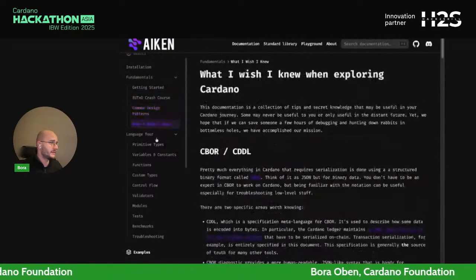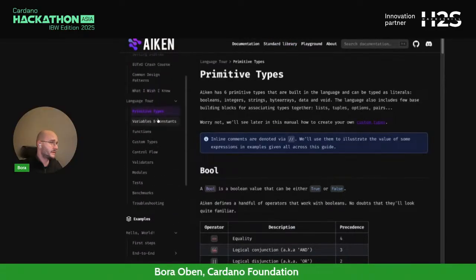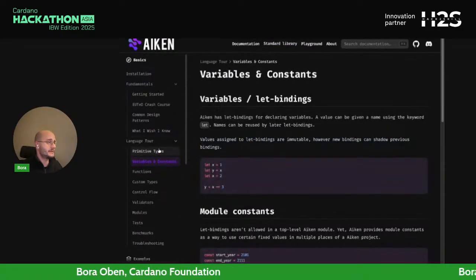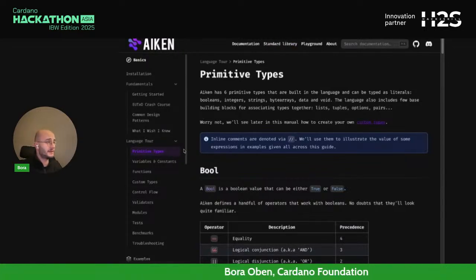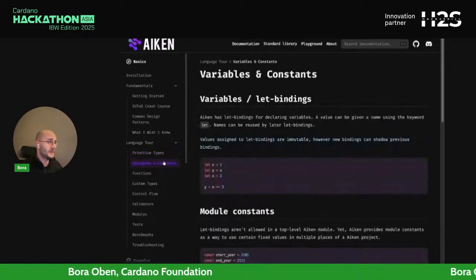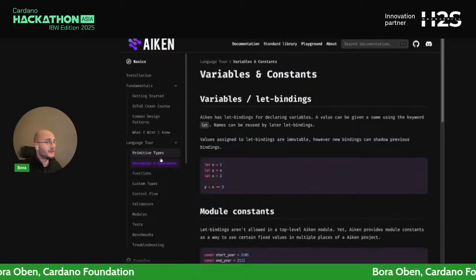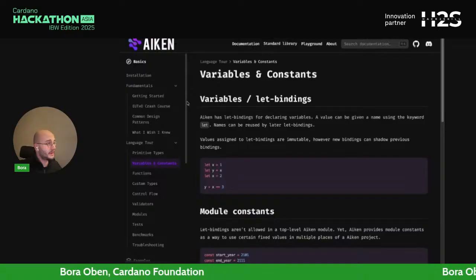But before that, I want to give you an overview so you know your way around. You can see on the web page there is a quick language tour. The Aiken developer documentation is pretty good. Definitely take your time to explore it thoroughly, because it's not only about the on-chain language, but rather gives you the ropes to Cardano as well, because this smart contract language was created for Cardano.